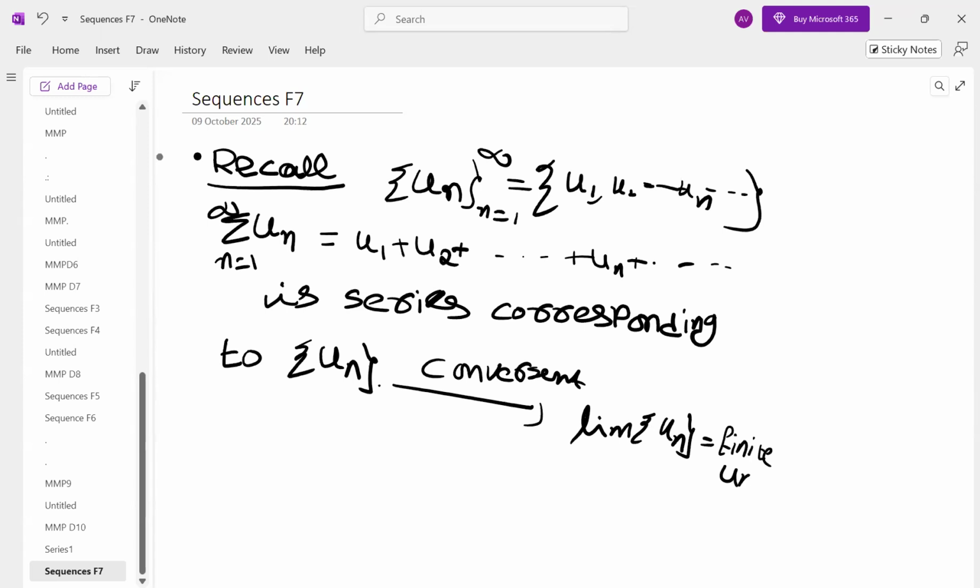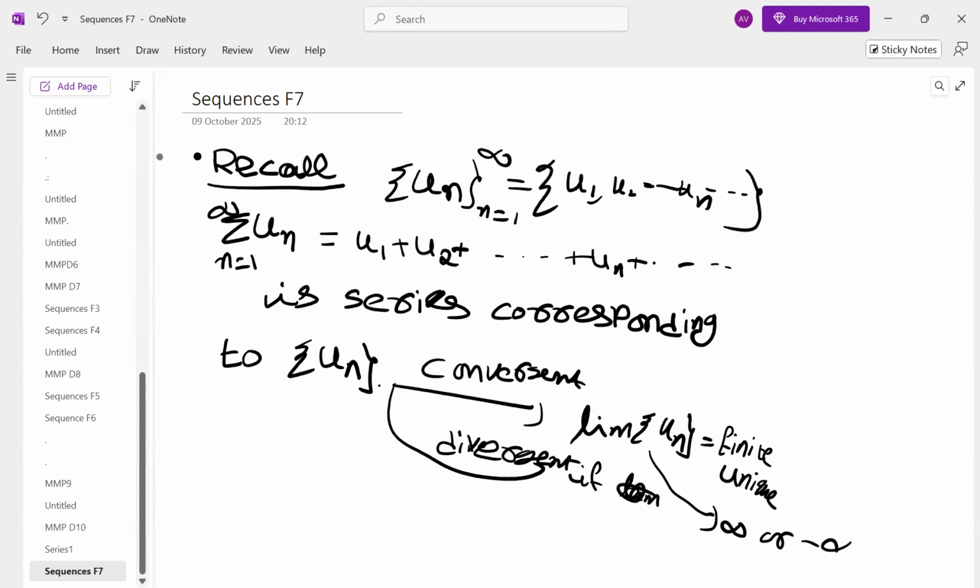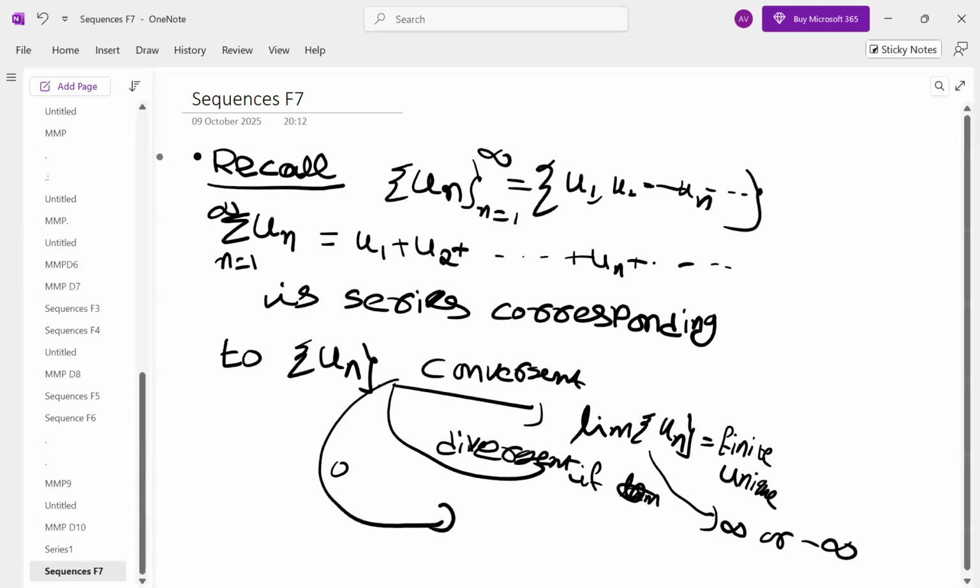And it is divergent if this limit is infinity or minus infinity. And it oscillates finitely